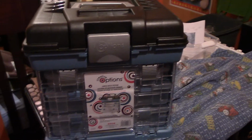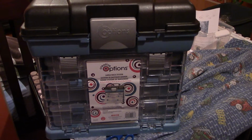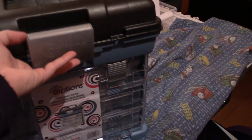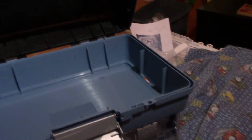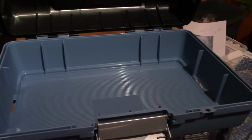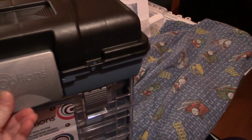And the Michaels ones are like $60, $70. The one from Costco, though, is like $25. Somewhere around that, between $25 and $30. So like really cheap. And you've got a huge area up here. You've got